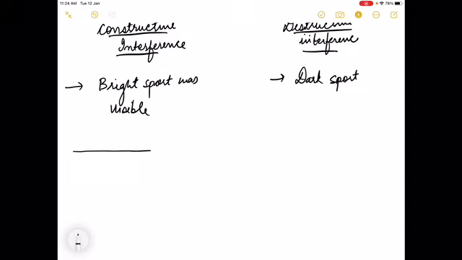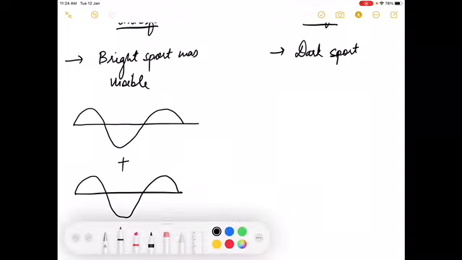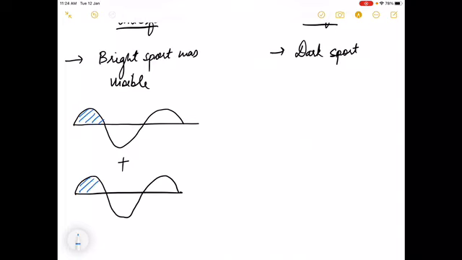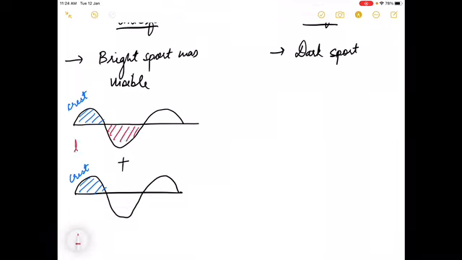So what do you mean by constructive interference? It means, for example, you have a wave. Let me try to explain. Let's say you have a wave, and this wave is being added with another wave, right? Now you have to understand, whenever we talk about a wave, it has an upper part, which you call the crest, C-R-E-S-T. The upper part of the wave is known as crest, right? And there is one more part, the lower part. We call it trough. I hope everybody agrees with me. The down part is what you call your trough, right?